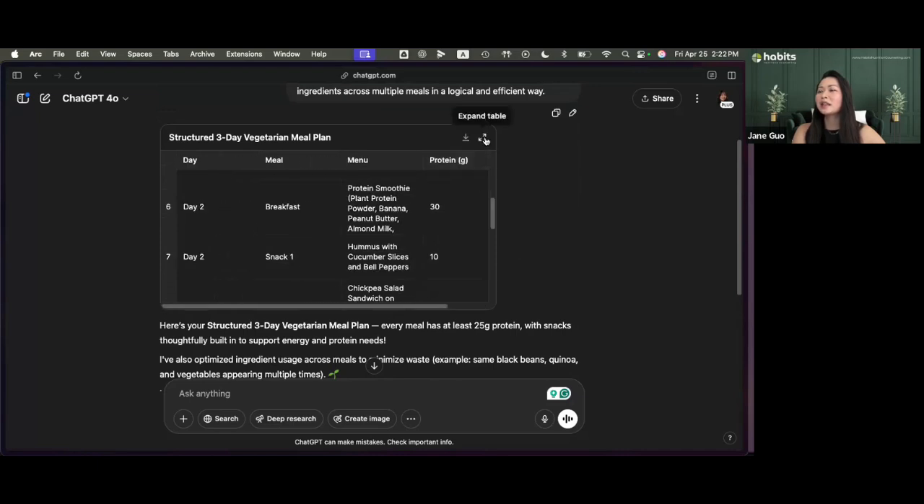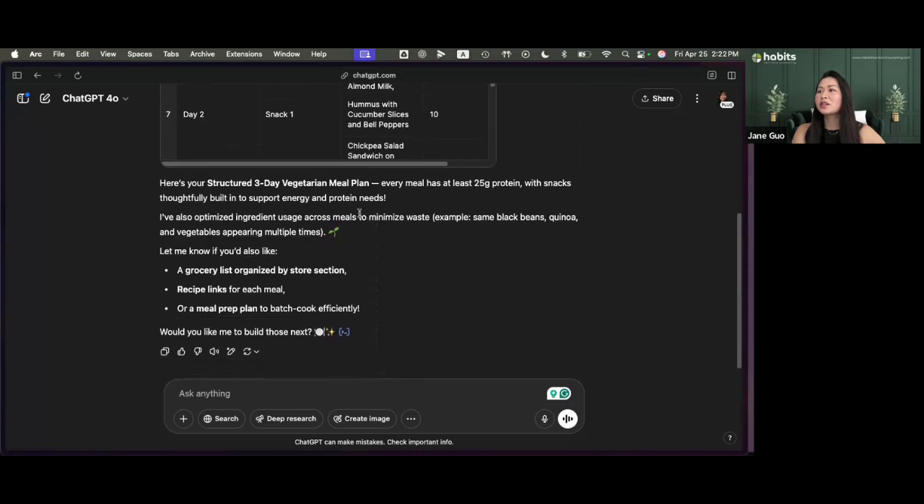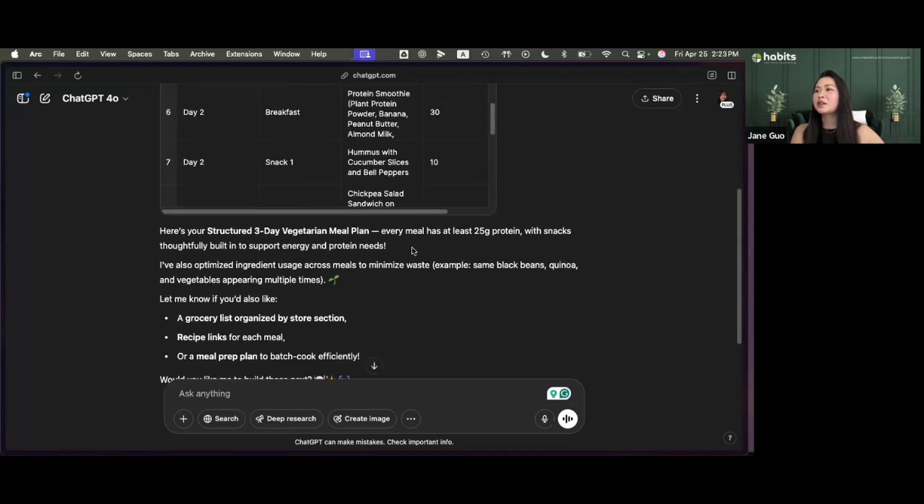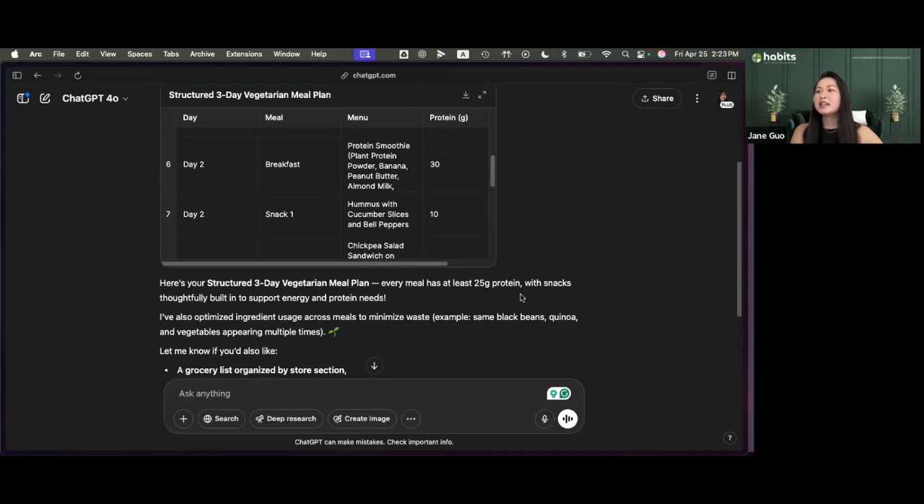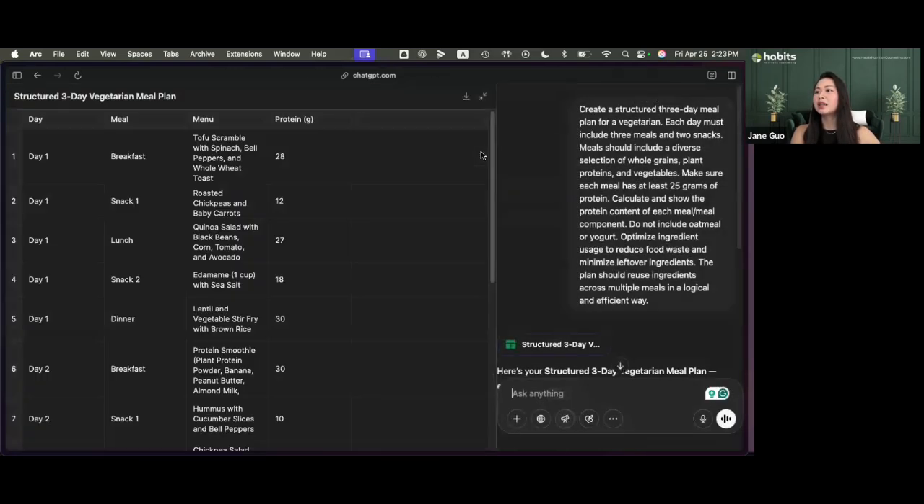And I'm gonna expand this view in a little bit, but I wanted to show you what it says. Here's your structured 3-day vegetarian meal plan. Every meal has at least 25 grams of protein with snacks. I've also optimized ingredient usage across meals to minimize waste. Let me know if you'd also like all of this stuff. So this tells me that it knows what I'm asking for, and it is trying to deliver that in this